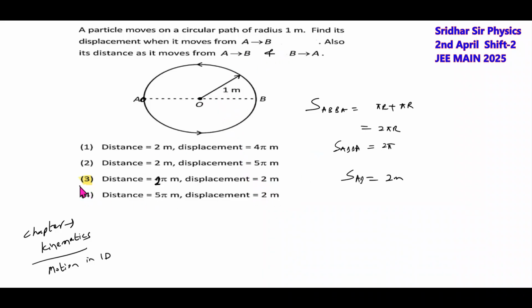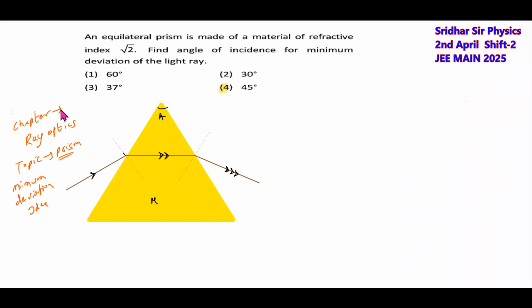Just simple, based on the definition of distance covered and displacement. Distance covered is a scalar; we have to add up the total path length. Displacement is the shortest length measured between initial and final points. We'll move to the next question. We have this question